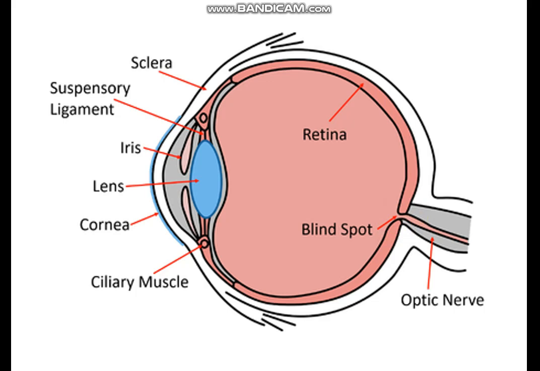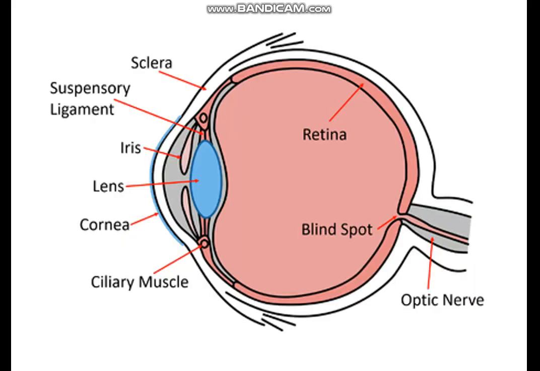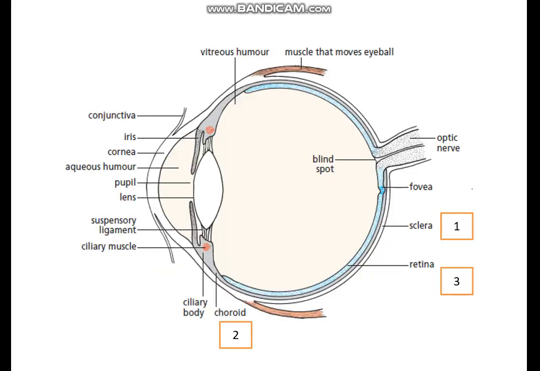So up till now we have seen that there are 3 layers of the eye: sclera, retina and choroid. And then we saw there's a location in which maximum rod and cone cells are present, and then there's a location in which there are no rod cells present. Okay, moving on to the next component which is visible from here, that is the bulged out portion of the eye over here. This is called cornea.